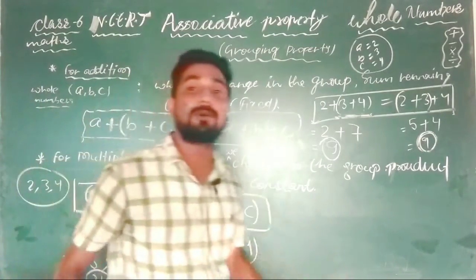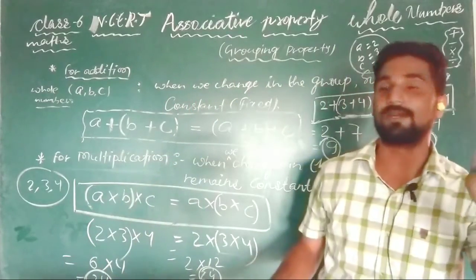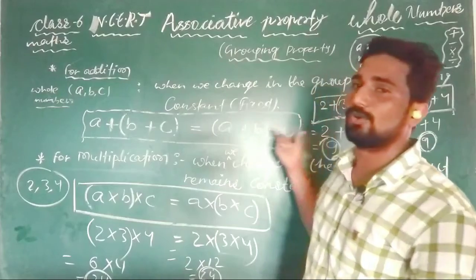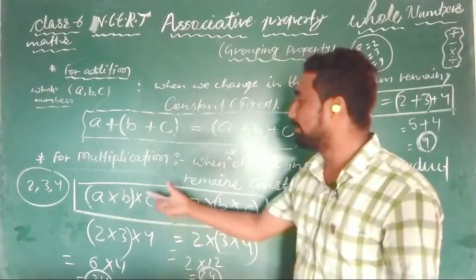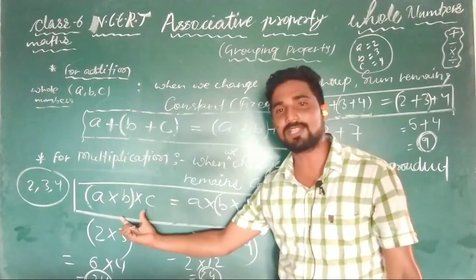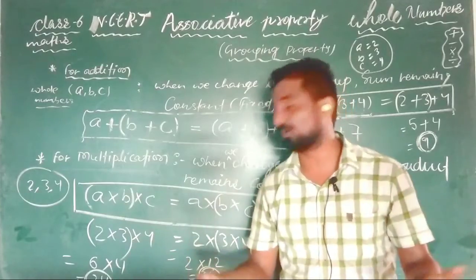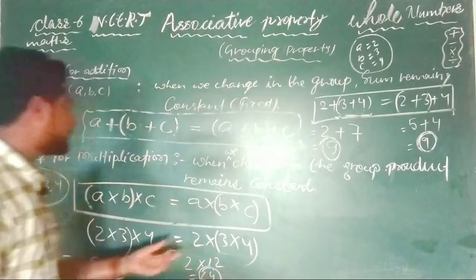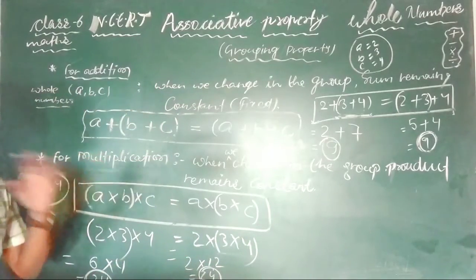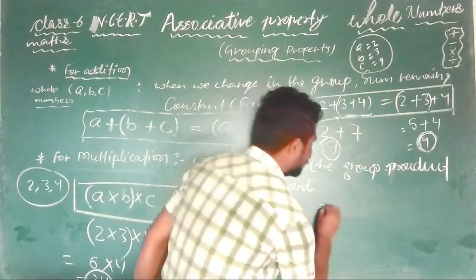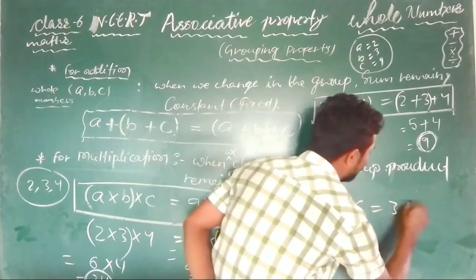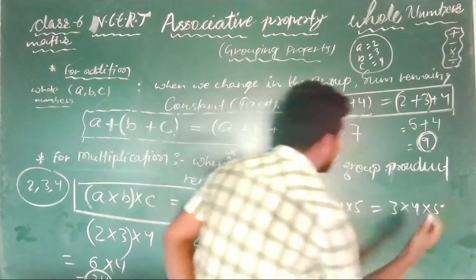So whenever you take any 3 whole numbers and put them in the same manner for addition, it is followed. The answer will be matching. If you put the multiplication operation and you check, it will be followed. Means for addition and for multiplication it is followed. You have seen that any number you can take. Suppose you take 3, 4 and 5, so you can write 3 into 4 into 5 equals 3 into 4 into 5. Now you make the group and change the group.